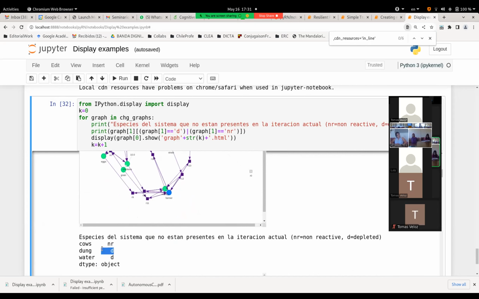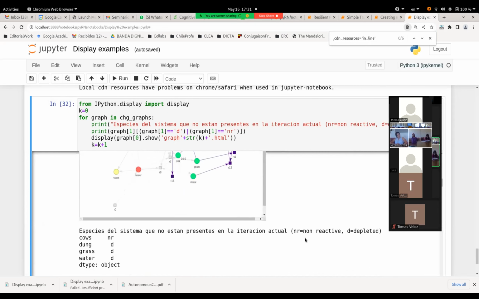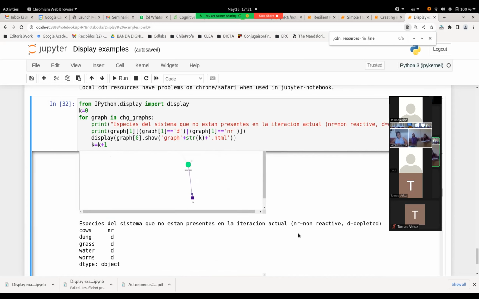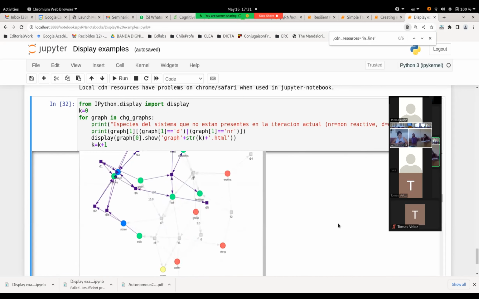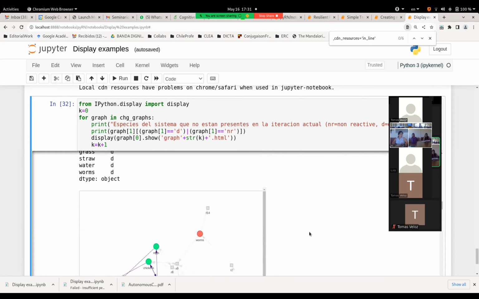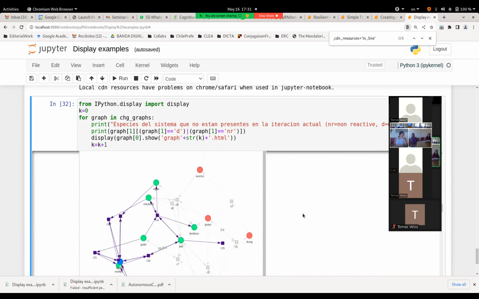And then we don't have any dung anymore, which in turn means we don't have grass later, and then we don't have worms later, and so on and so forth. So we can study how the perturbation propagates through the network. With this, we can start studying what perturbations will reach what parts of the network and how long it's going to take. And also we can study the resilience of the network by playing with these perturbations,